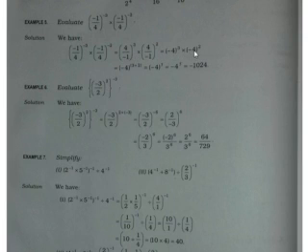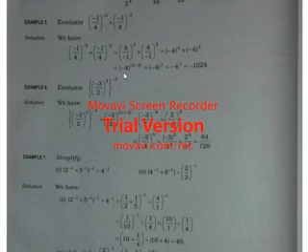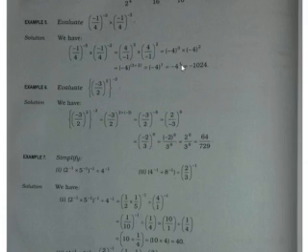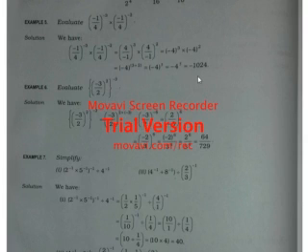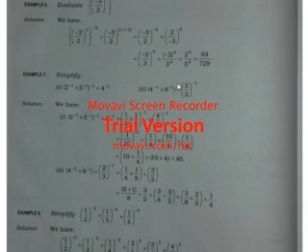Now if you will see, the same base is there, so the powers will be added, and as you can see here it has been added: minus 4 raised to the power 3 plus 2 becomes minus 4 raised to the power 5, and minus 4 is multiplied 5 times. Since minus is an odd number of times, the sign will be minus only. 4 4s are 16, 16 4s are 64, 64 4s are 256, and 256 multiplied with 4 gives 1024. Okay, so minus 1024 becomes the answer. You can even check it by multiplying.